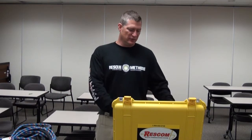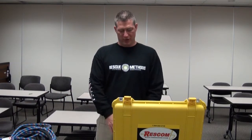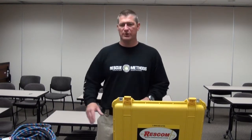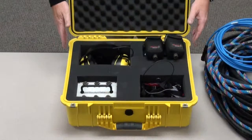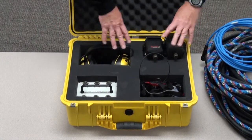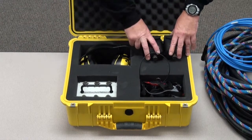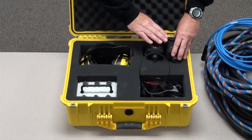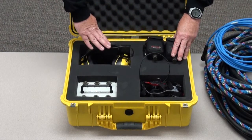And now we're going to get into the control box, the components of the bone mic, the earpiece, and how to set up all of these components and assemble them. When you open your control box, you're going to have four basic equipment categories. These are the volume control boxes and module boxes that are going to go on the rescuers and on the